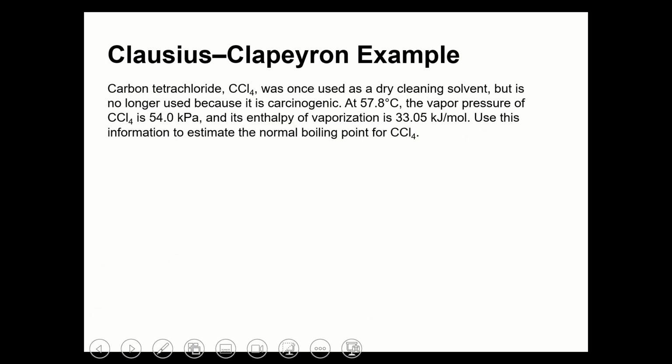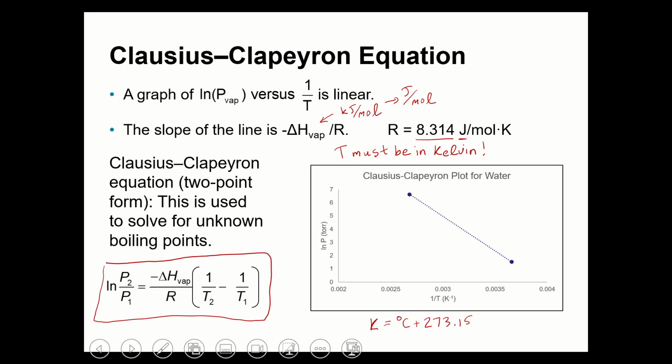Okay, so based on that Clausius-Clapeyron equation, we can solve for one of three things, right? We can either solve for the heat of vaporization, or we can solve for a pressure or a temperature, but we have to be given all of the other values. And I think it's easiest if you always set it up where you're solving for either P2 or T2. Okay, so you'll be given an initial set of conditions and then asked to solve for one of those three